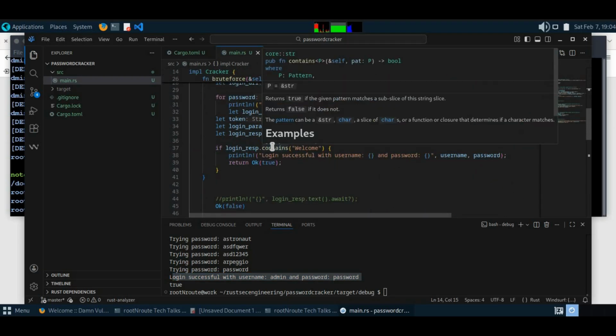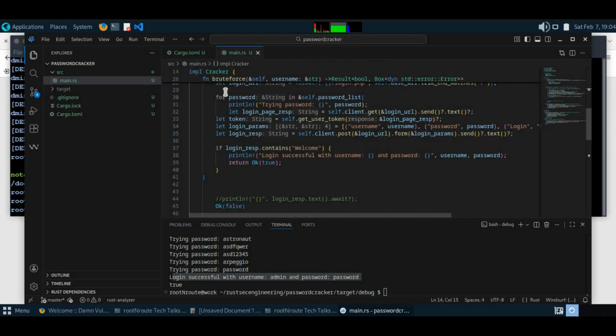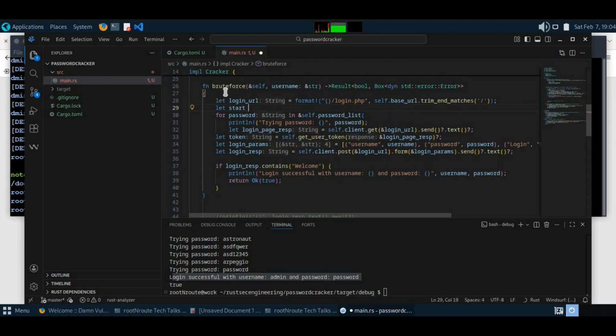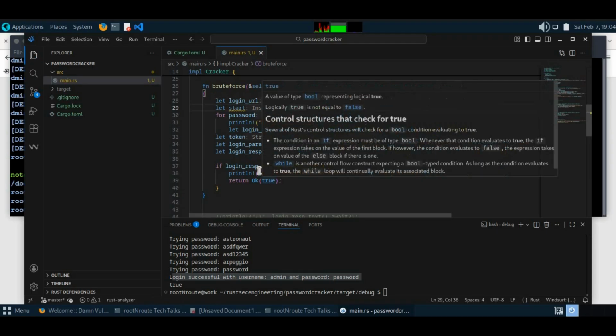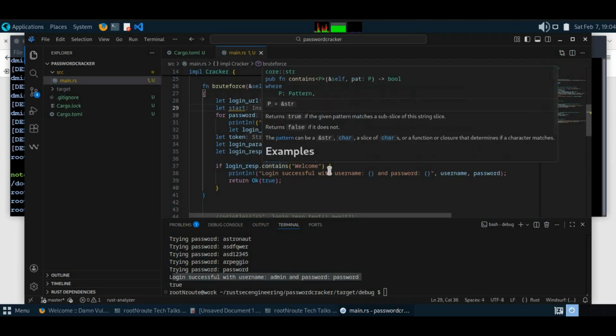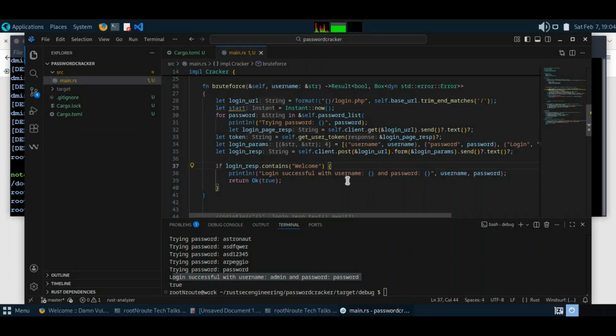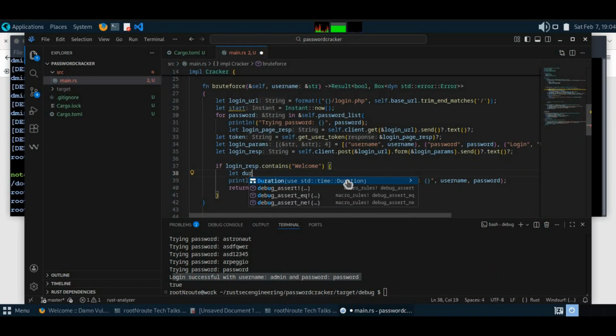So for timing, where should we say? Before the loop we say let start time equal to Instant::now. Then maybe inside, once it finds this one, we say let duration equal to elapsed time, and we can print